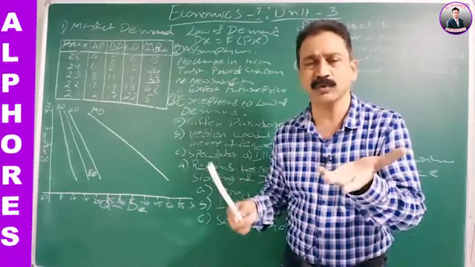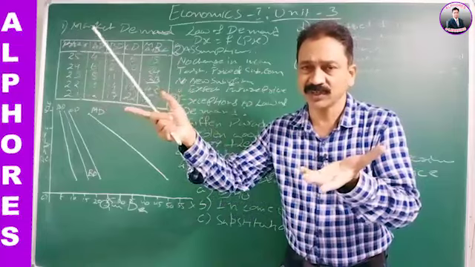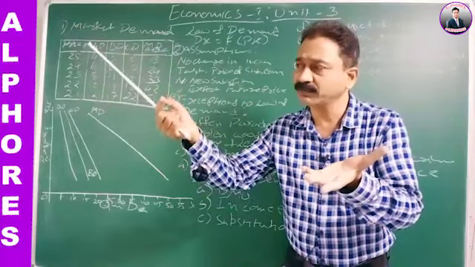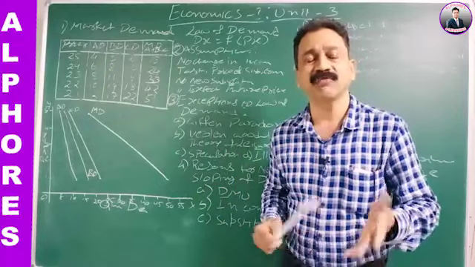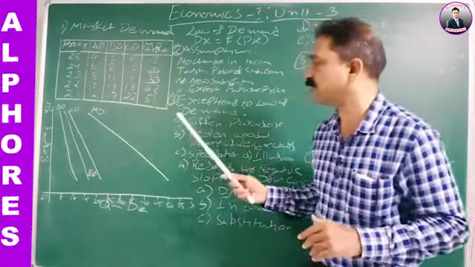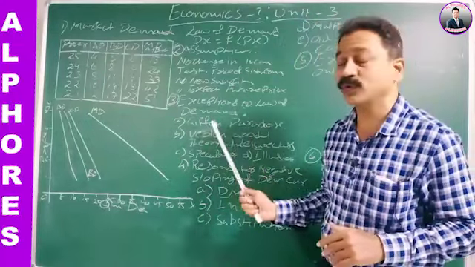If they are using any costly good, they will leave it, the costly food item they will leave it, and they prefer more of the cheap item, or which is more important to them. So that's why the Giffen paradox has an important role in our exceptions to the law of demand.